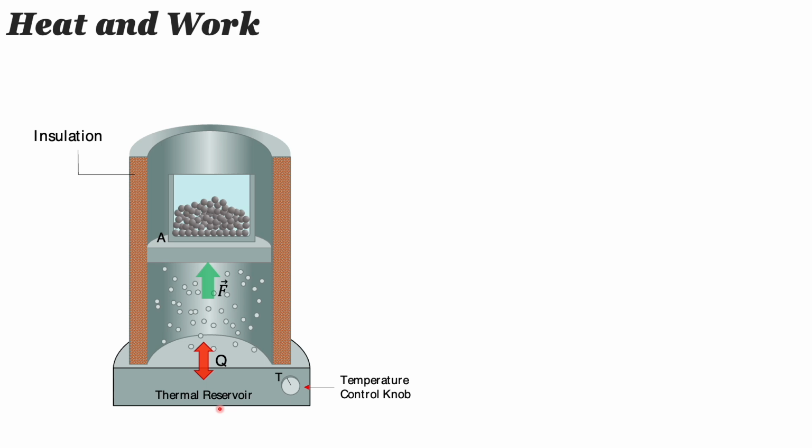You can consider it as an electric stove whose temperature can be controlled with the help of this small knob. So this cylinder is placed on top of this thermal reservoir so that heat can transfer